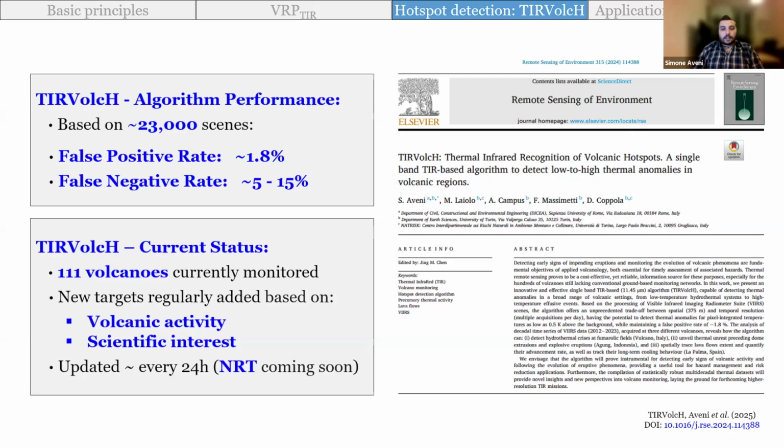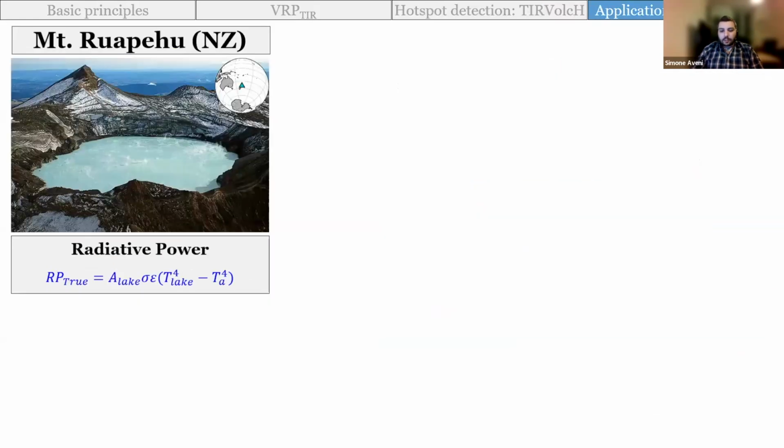So great, now we have a system that allows us to detect thermal anomalies from space, and a method to quantify the energy sourced by these subtle thermal anomalies. Let's have a brief look at what we can obtain from this information. The first challenge is to validate the method. Unfortunately, as I mentioned, crater lakes and geothermal regions are often in barely accessible locations, and having continuous ground truth data is almost impossible.